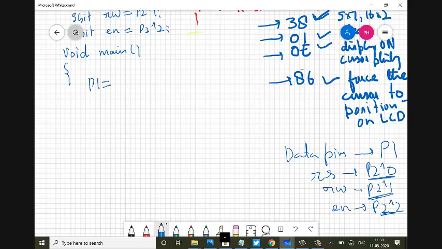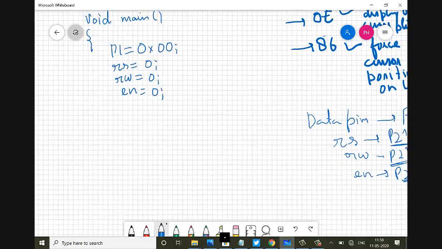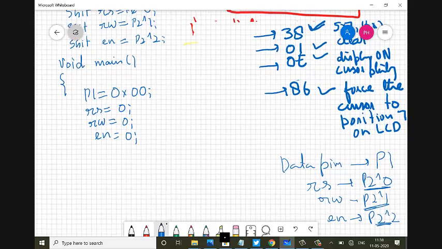Port 1 equal to 0x00. Similarly rs equal to 0, rw equal to 0. To make it output, enable also equal to 0. Now since I have to send 4 different commands, I will make a simple function that will actually send a